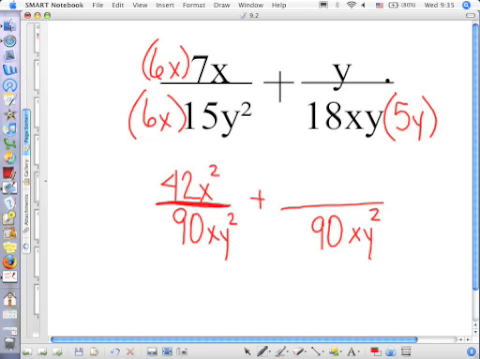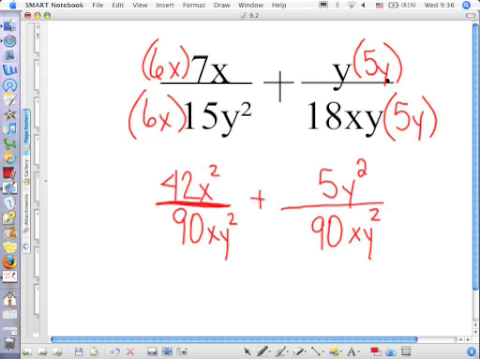If you have a variable located in both denominators, you just take the largest exponent. So if you've got squared, cubed, fourth, and fifth power, you'll use the fifth power. Just the largest exponent. The exponents don't have to be the same. No. And so here we have